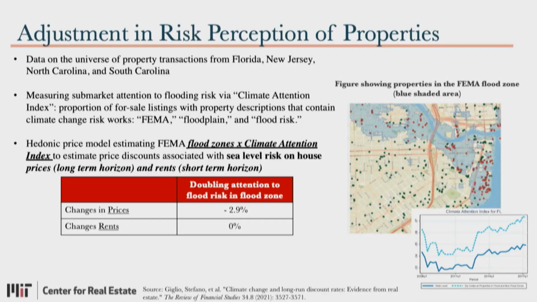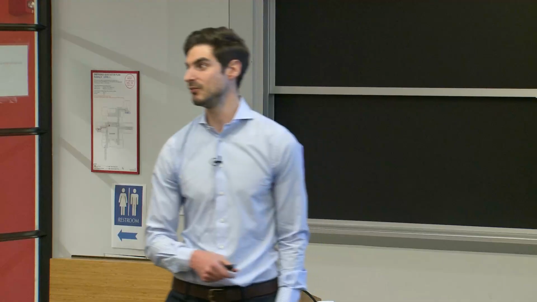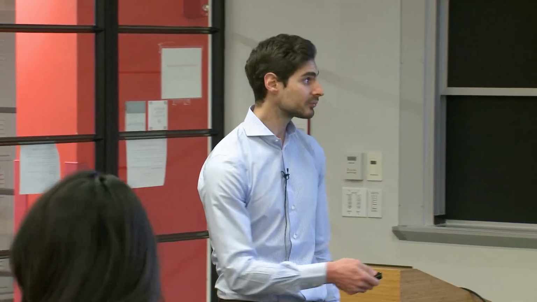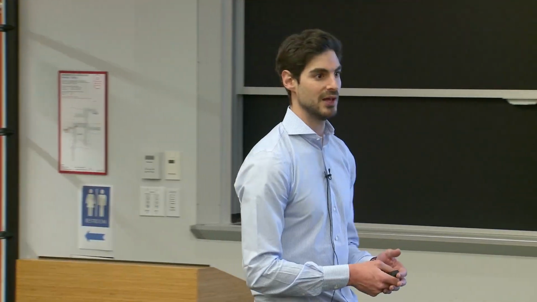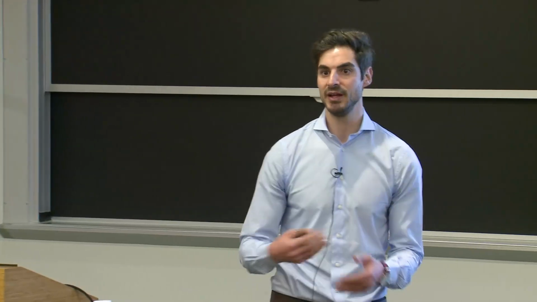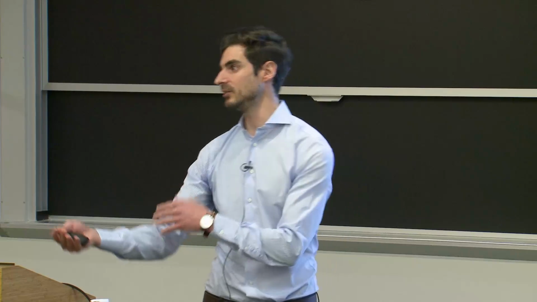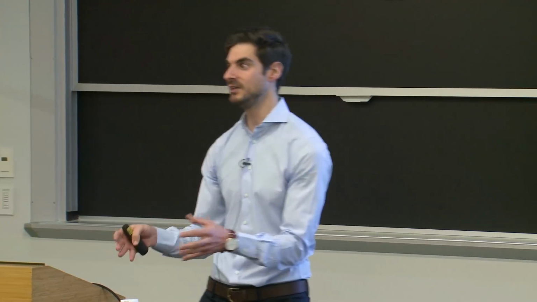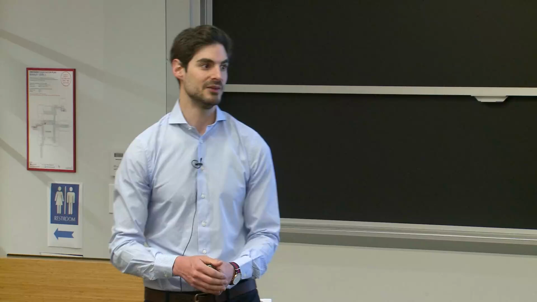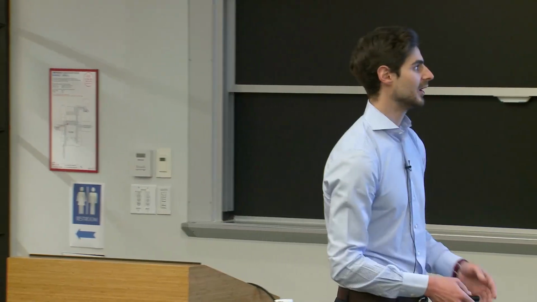So around minus 3% lower prices associated with being exposed to high flooding risk, sea level rise, but there is no change in rents. Which means that when you really think about the formula to calculate property prices, it seems that it's not coming from the NOI, it's not coming from the rents, but it's actually coming from the cap rate. That is also something that makes sense because a lot of the risk associated with being in a flood-prone area is something that is in a multi-decade horizon, right? It's something that is not going to happen within a lease of 5-10 years, but it's usually happening in 50, 60, 70 years. That's where the risk starts to become more latent and more salient.